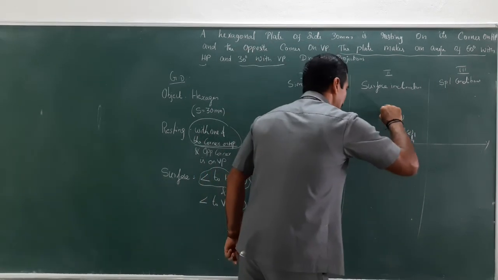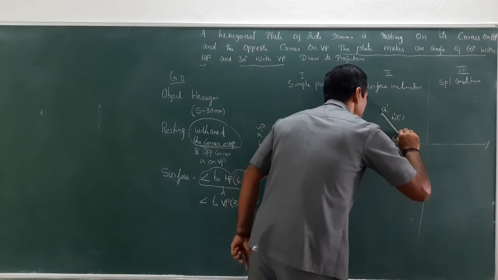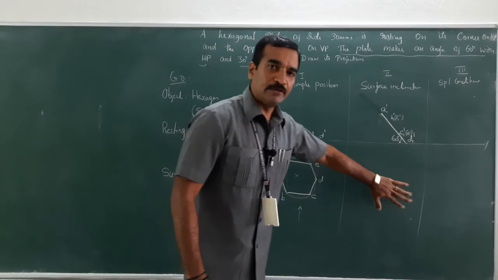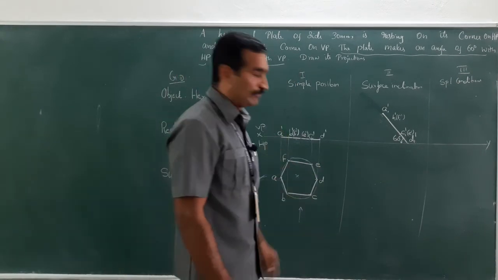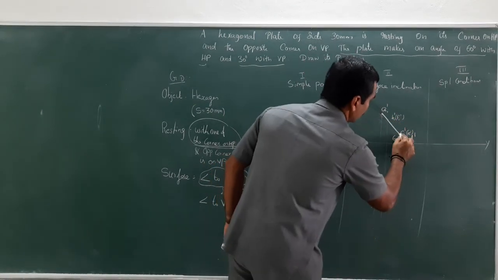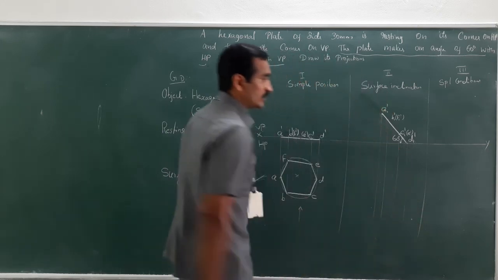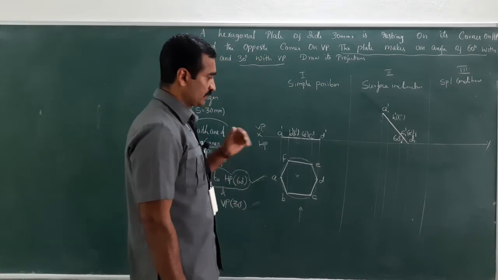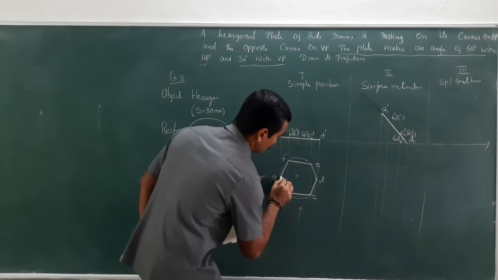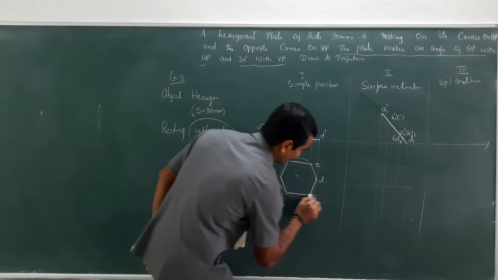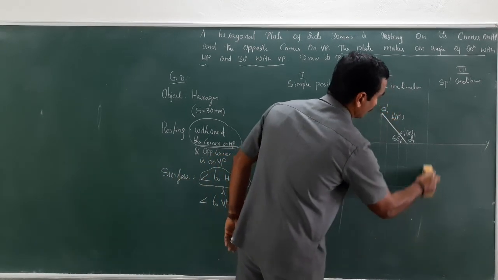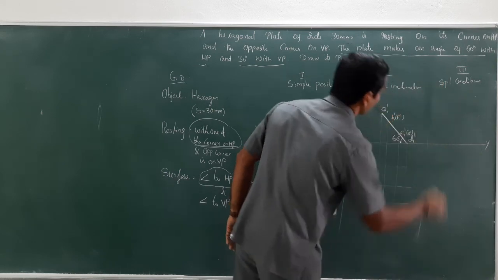Now draw the dark line. This is my object line. Then what about the front view? Just project all the vertical projectors vertically downwards, all the corners. Right. Now from the top view, project the horizontal line. Now I got a box here.